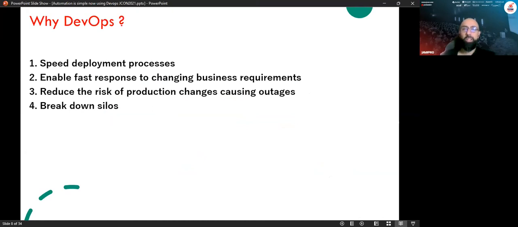So yes, why do I need to focus on DevOps? There are daily tasks that we, as a system administrator or as a DBA or as an engineer, do every day, such as checking the backup or the monitor or whatever. So this is going to save time for you, to focus on other things, such as the quality of the code, the infrastructure, or automating other things of the service. So this is one of the benefits of DevOps.